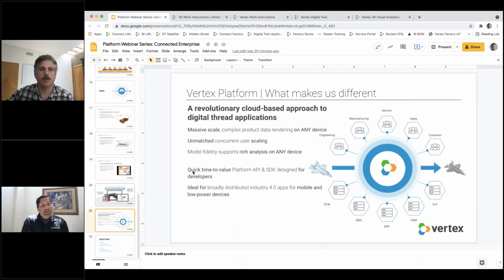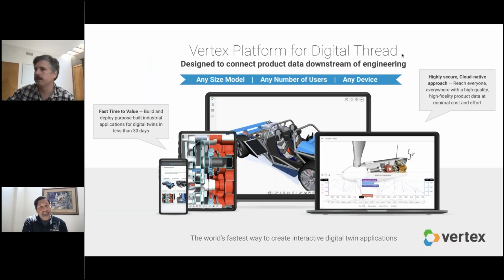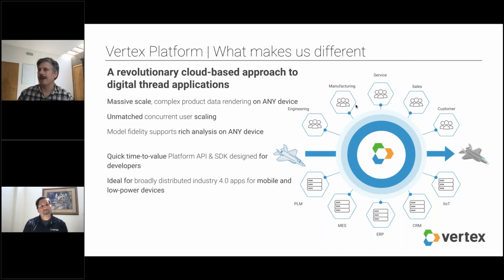So with that, I know we're running out of time, so I'll try to do a speed run through the rest of this. We've highlighted some of the examples of the Vertex platform for digital thread. Really the Vertex platform has been designed to connect product data downstream of engineering, but we also have a lot of examples of digital thread applications within engineering. What makes us truly unique is our ability to take entire product data sets, not just parts or subsystems, but the whole product and deliver that downstream to any device, on low-powered mobile devices, to any number of users around the world, and we support high fidelity models